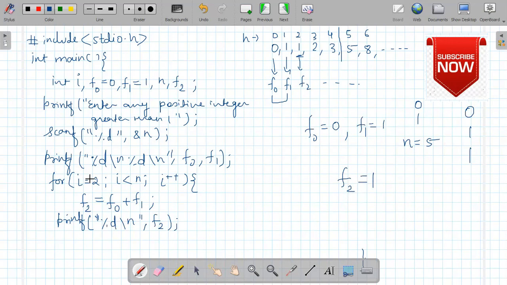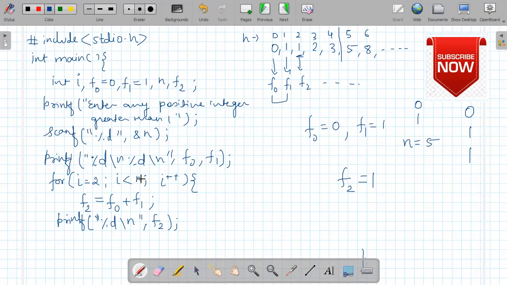When printing is done, it will come again inside the for loop. It will increment the value of i. The value of i was 2, now it becomes 3. After that this condition will be checked, that 3 is less than 5.